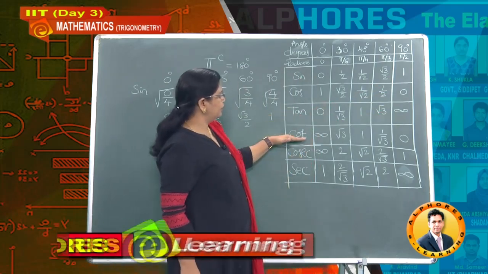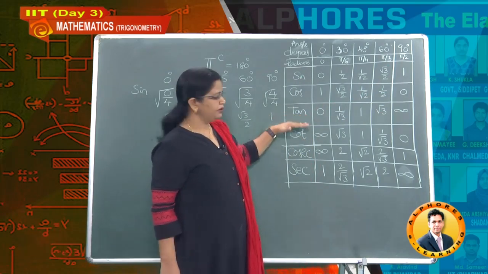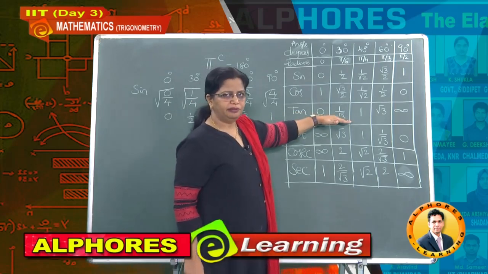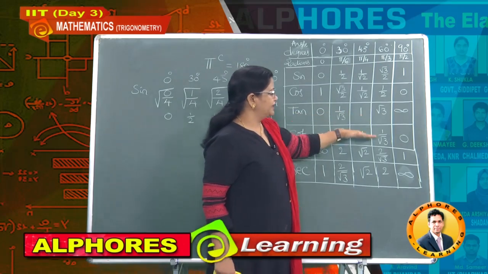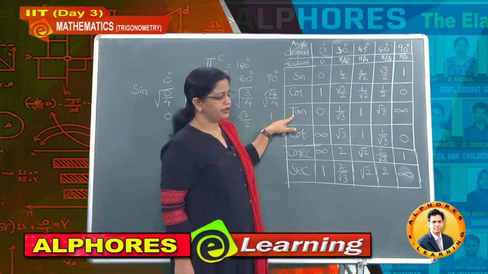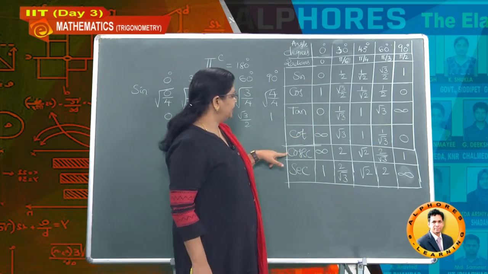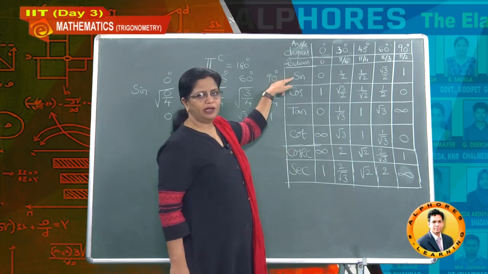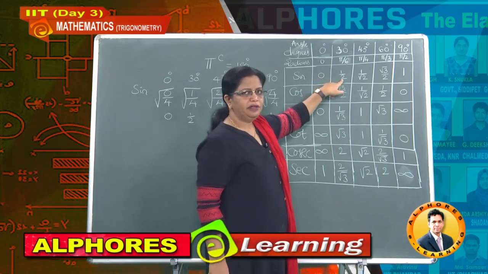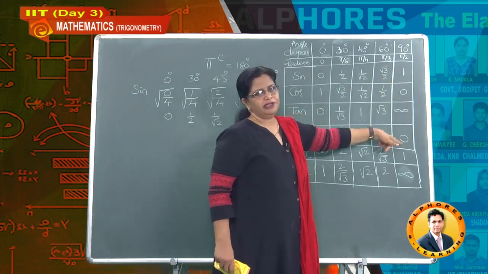Now next, tan, cot value. Cot you can get as the reciprocal of tan. As the reciprocal of tan you can write cot: 1 by 0 undefined, 1 by root 3 divided, 1 by root 3, so root 3, etc. You can write the values of cot which are reciprocals of tan function. And next cosecant. Cosecant you know the value, it is nothing but how much here? It is the reciprocal of sine. So reciprocal of sine: 1 by 0, and this is 1 divided by 1 by 2, hence 2, and this is root 2, 2 by root 3, 1 by 1 it is again 1.